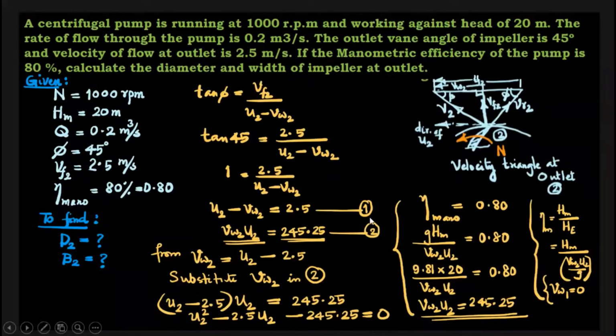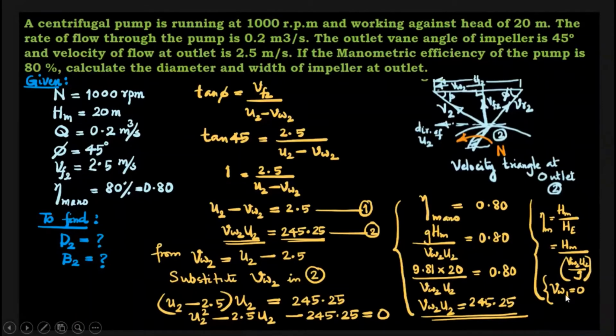Now we will proceed from the manometric efficiency expression. So manometric efficiency is the ratio of manometric power to the Euler power or impeller power. Impeller power is rho q g h e, where h e is equal to Vw2 U2 by g, and manometric power is rho q g h m, and rho Q g will be common. So manometric efficiency can be expressed in terms of these two heads, the ratio of manometric head to the Euler head or impeller head. So HM divided by HE, so you can make use of that, and HM divided by Vw2 U2 by g.